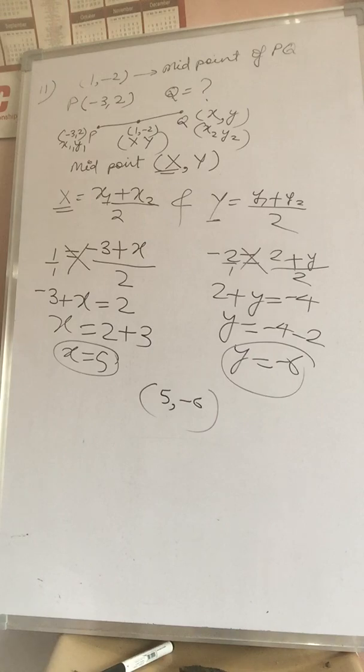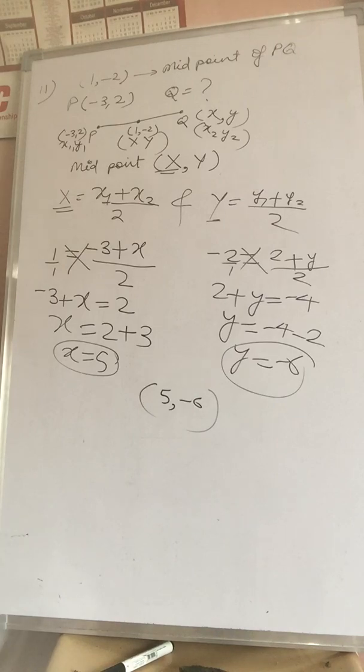Now, 12th question. AB is the diameter of the circle with center minus 3, comma 2. As we all know, the center of the circle divides the diameter into two equal parts. It means that the center is the midpoint. The coordinate of A is given. We can get the coordinate of B, and the length of AC also we can get by the distance formula.